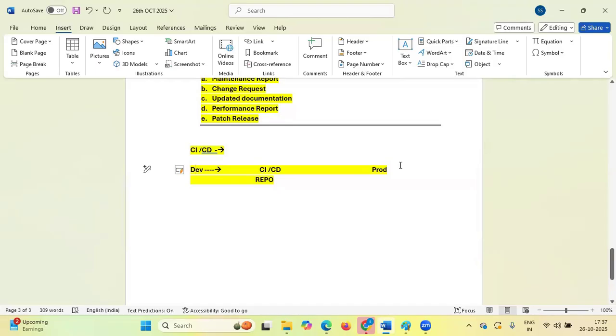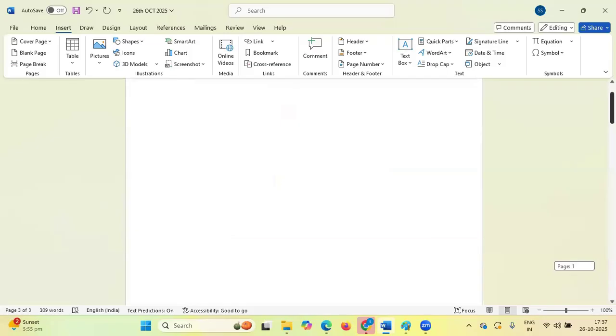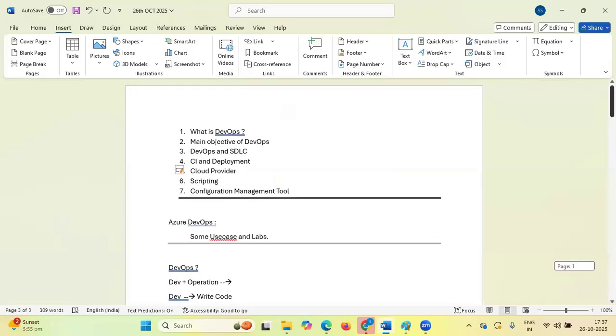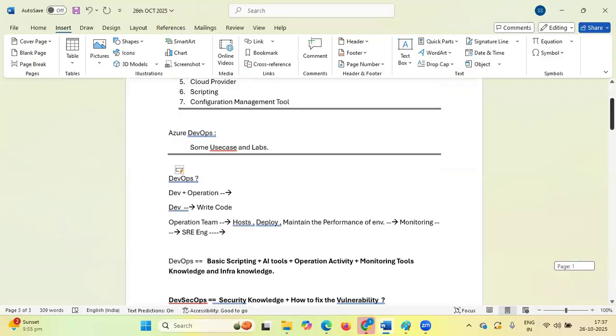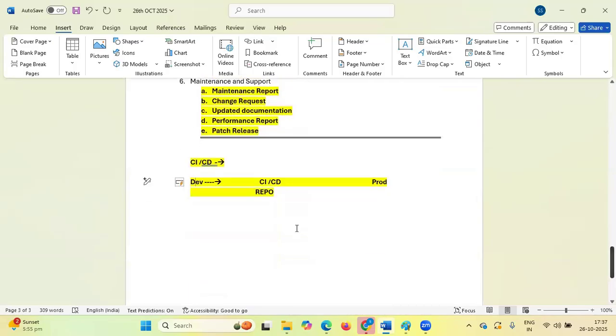I'm not going into that much detail. Let me give a simple example. Suppose you are developing a Python application. In Python you have some pandas and all, right? For that you need some kind of configuration file to run that particular code on any machine. In that place we are using containers and virtual environments. That is what Docker and Kubernetes are. We will discuss in a later class in detail what Docker is and what Kubernetes is.